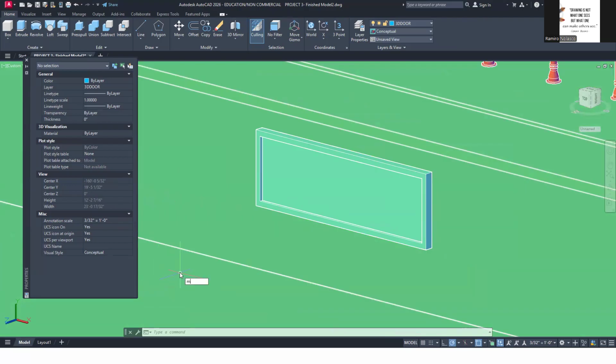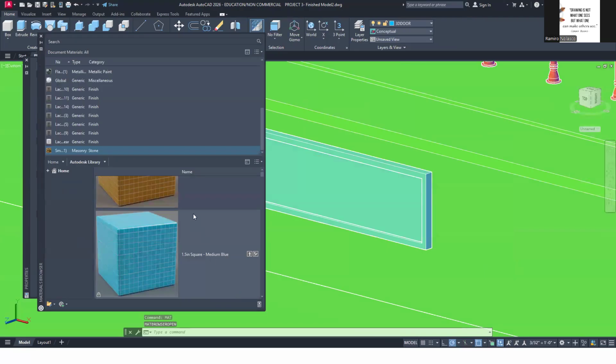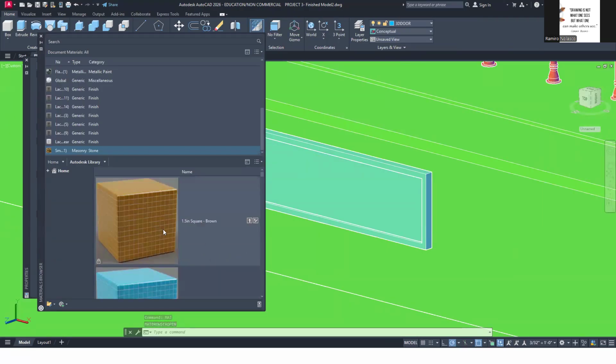So I'll go to my material browser and open, and I'll choose this one here, tile, but then I'll remove the tiling effect. So I think I've applied this material already, if I'm not mistaken, or not. I didn't save that.